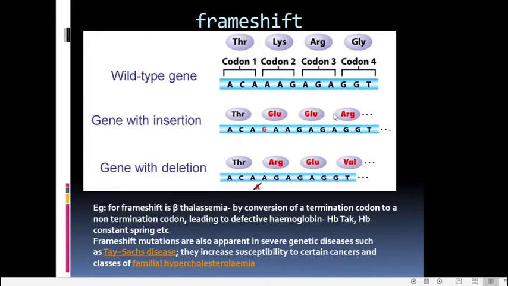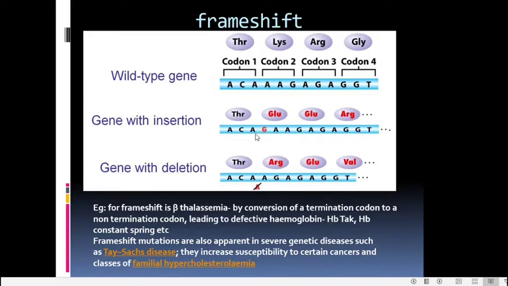That is, the third codon should be AGA, but here what is the third codon? It is GAG. It is all because of the incorporation of a base here, that is G. G has been incorporated here, and thereafter the entire reading frame has changed. So a faulty protein has now been synthesized. So this is called a frame shift mutation, and this has occurred by insertion of a nitrogenous base in between.